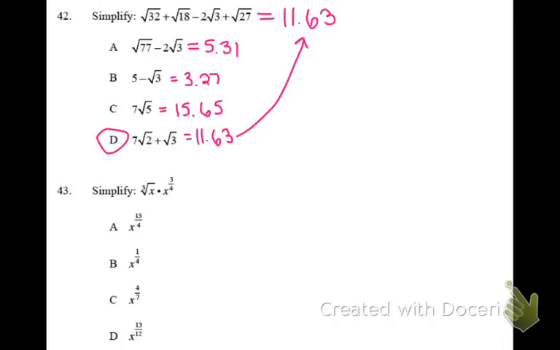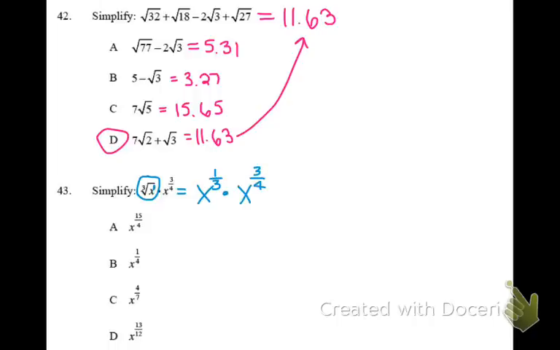For 43, when you're dealing with radicals and rationals, you want to have them all in the same format. So what you want to do is change this so that it is a rational exponent. So your exponent on your x right now is a 1. To create it as a rational exponent, it's the power over the root. So that's x to the 1/3, since your power is 1 and the root is 3, times x to the